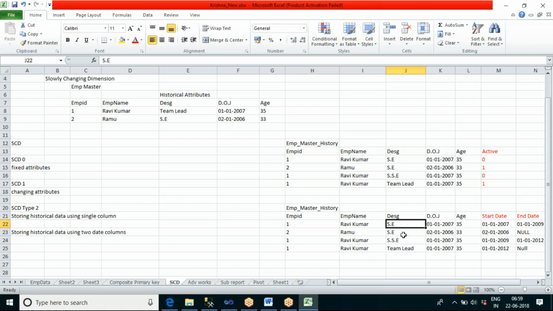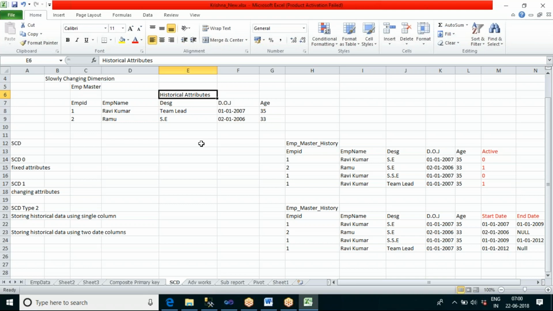So these columns come under SCD type 2, and are called historical attribute columns.